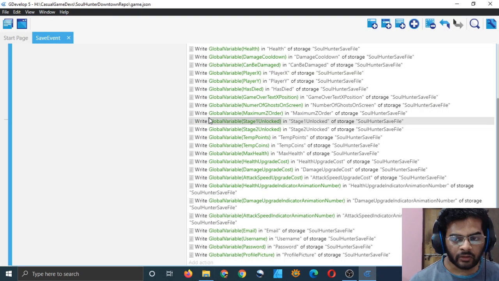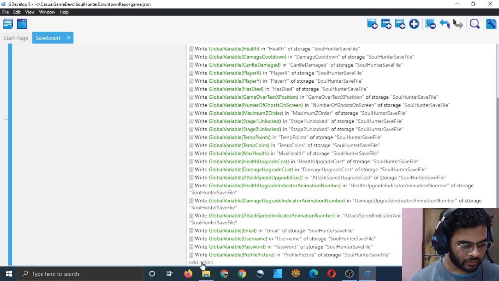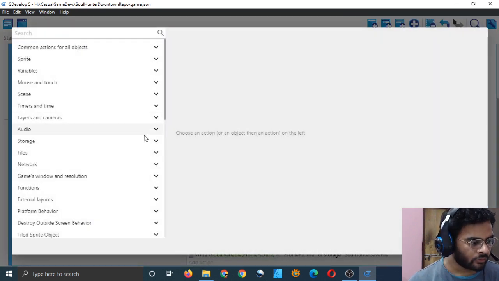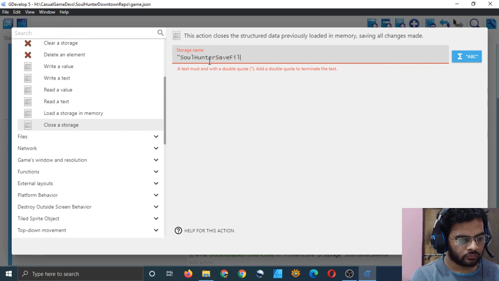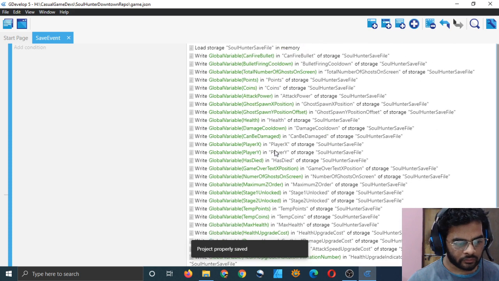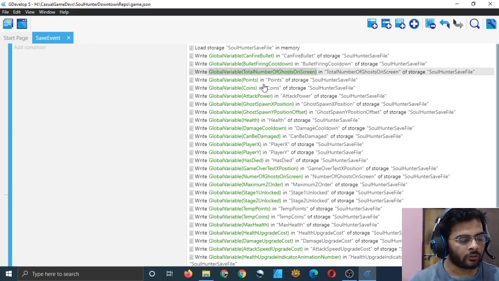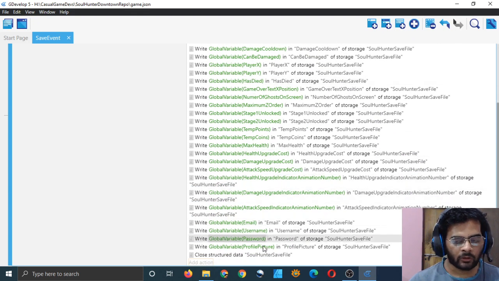So that's what I have done, and at the end I will now close the storage, and that storage is soul hunter save file, right? So just type that. I hope you can do it. I mean, you just have to type down all your variables twice in this command and do it for all of them.